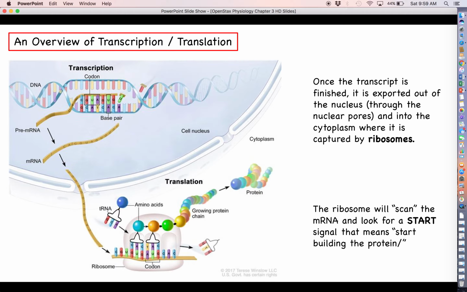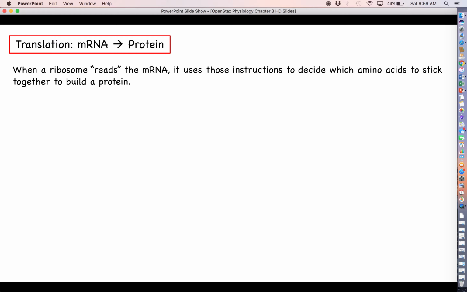So what the ribosome is going to do is literally start reading the message. It's going to start at one end and start scanning across. And what it's doing is looking for a start sequence, basically a little message that says this is where you start building the protein. When it first starts reading, it's basically a whole bunch of gobbledygook until it gets to that start sequence. And then if it starts reading from there, everything should start to make sense and it should start